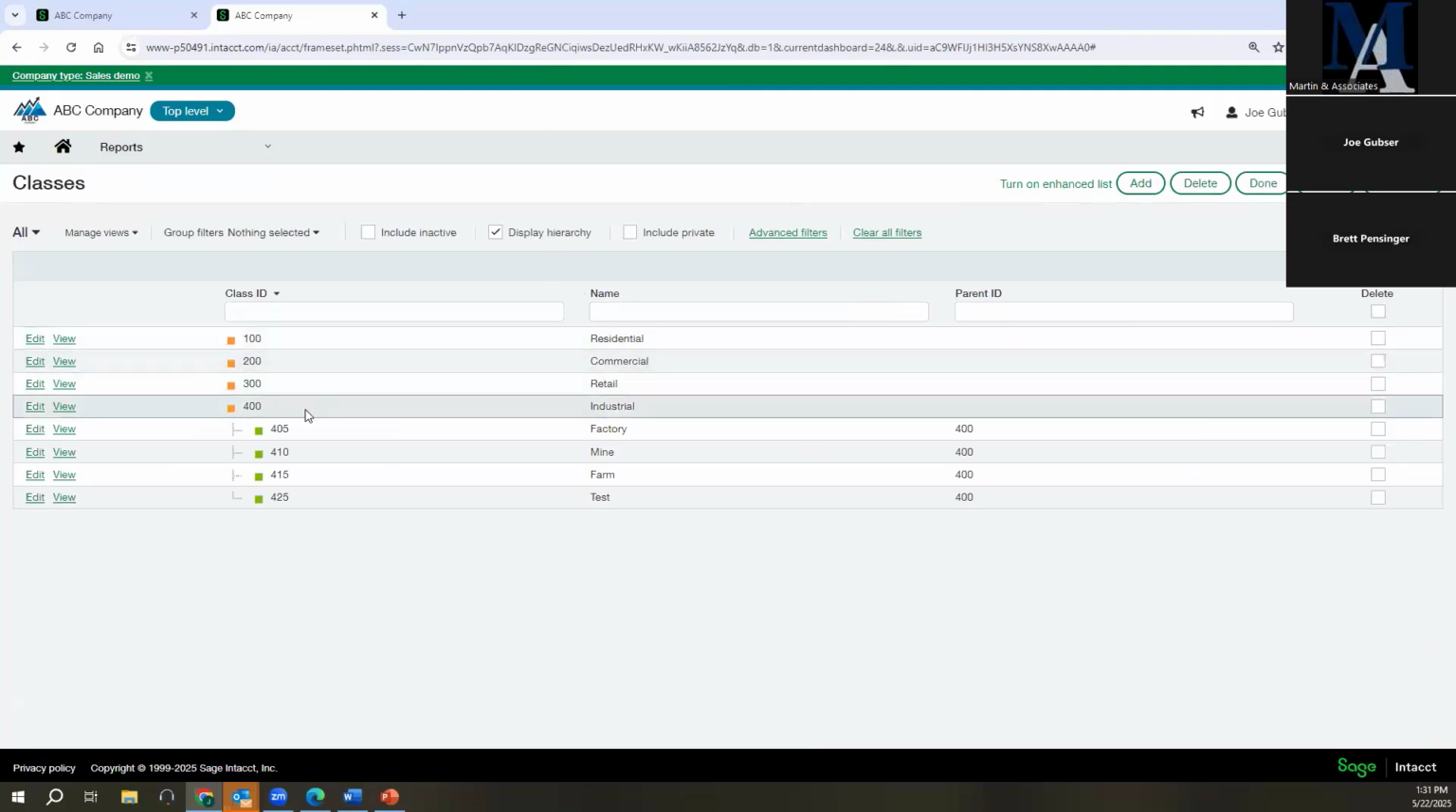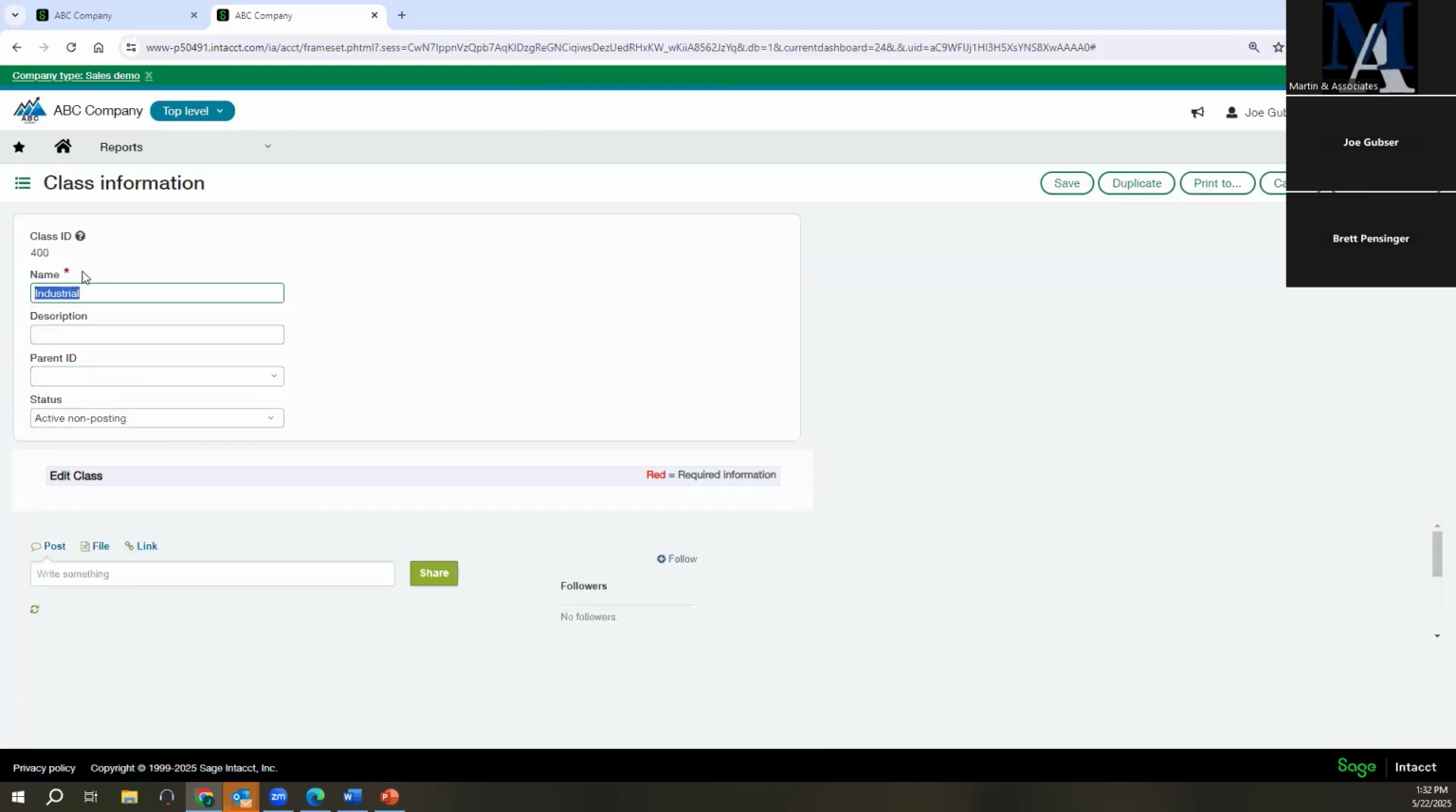You can do parenting of your dimensions as well. So notice on my classes, I have the 100 residential, 200 commercial, 300 retail, 400 industrial. And notice the industrial has child classes underneath of it. So I do that by, I made 400 be an active, non-posting dimension. So I'm not going to see that on my list of dimensions to post to, but